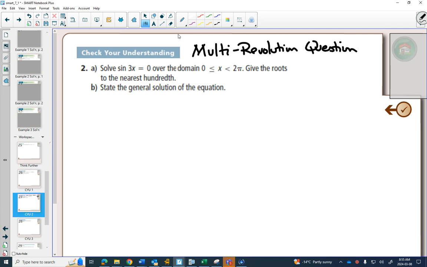It's a multi-revolution question. And we'll recognize a multi-revolution question when there is something more inside sine, cos, or tan. So this question says, solve sine 3x equals 0 over the domain from 0 to 2 pi. And the reason I call this a multi-revolution question is the first thing that I'm going to get you to do